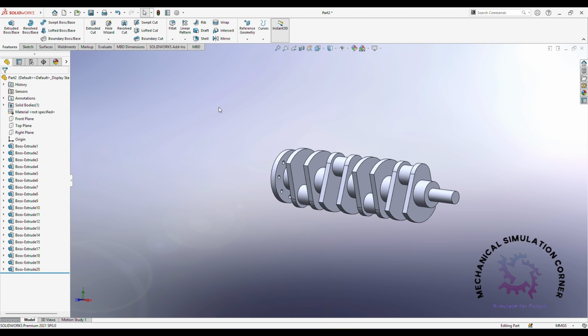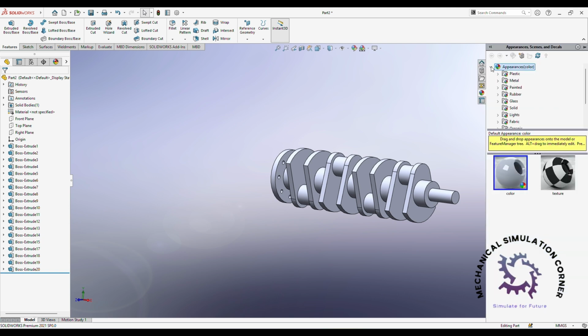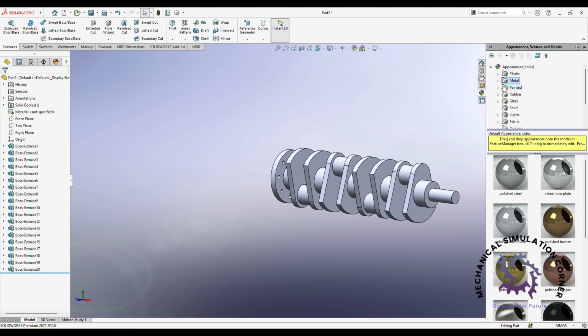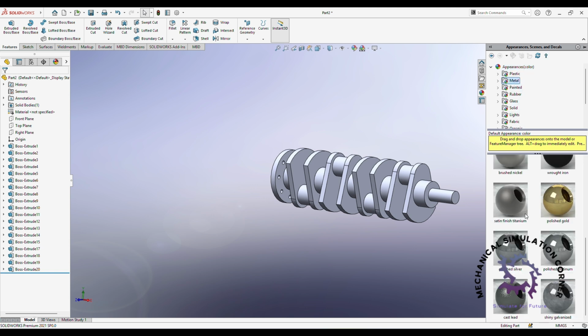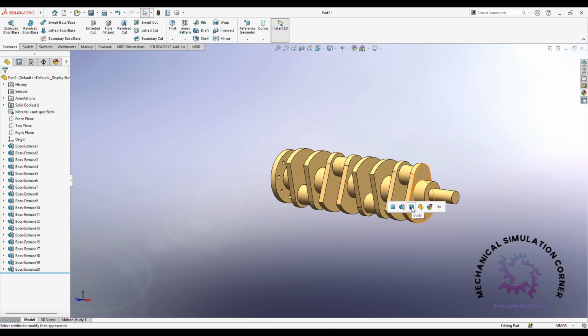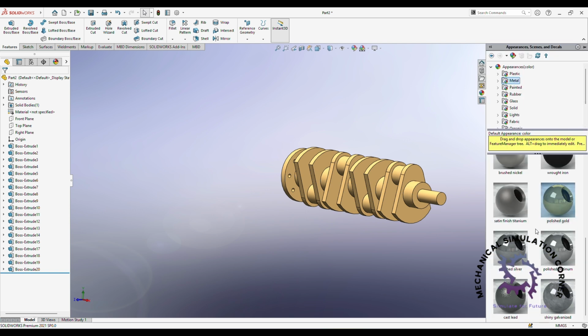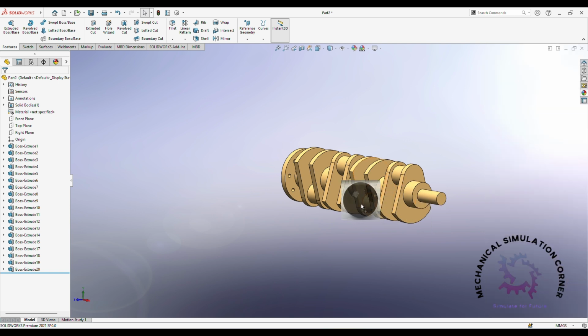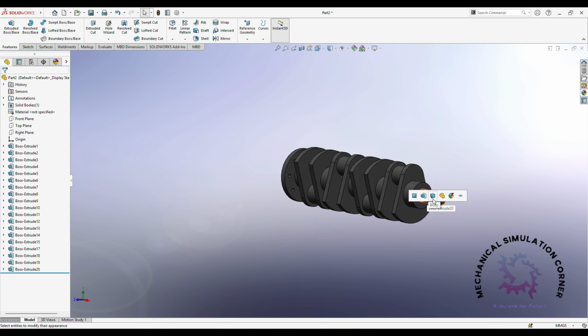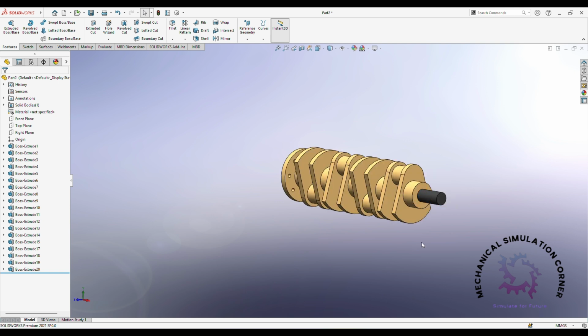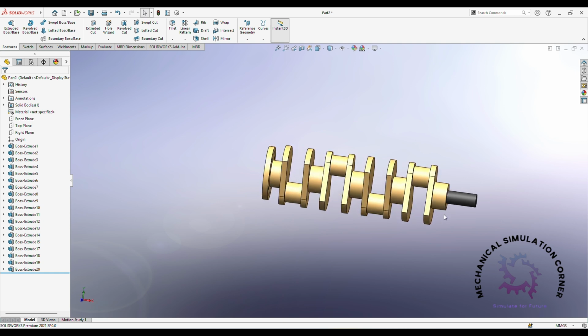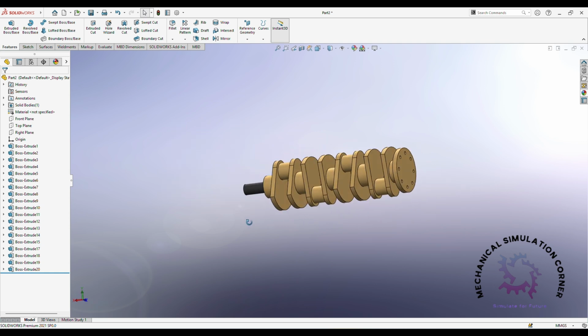Now you can set any metal here, whatever you choose. Just select it. So here you can see